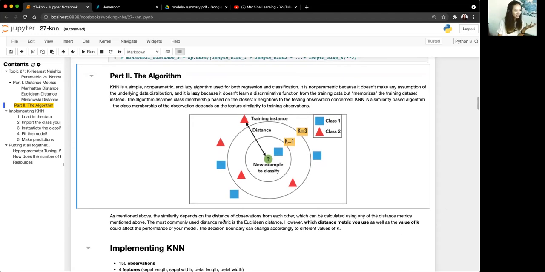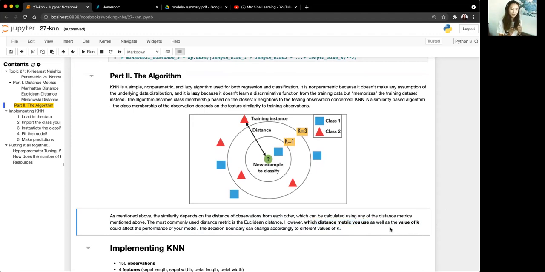So as mentioned above, similarity does depend on the distance of observations from each other, which can be calculated using any of the distance metrics mentioned above. A commonly used one is Euclidean distance, as I mentioned. However, which distance metric you use, as well as the value of k, could affect the performance of your model. The decision boundary, which I'm going to show you in a little bit, can change accordingly to different values of k. All right, so now that we understand the concept of how K-nearest neighbors is working,